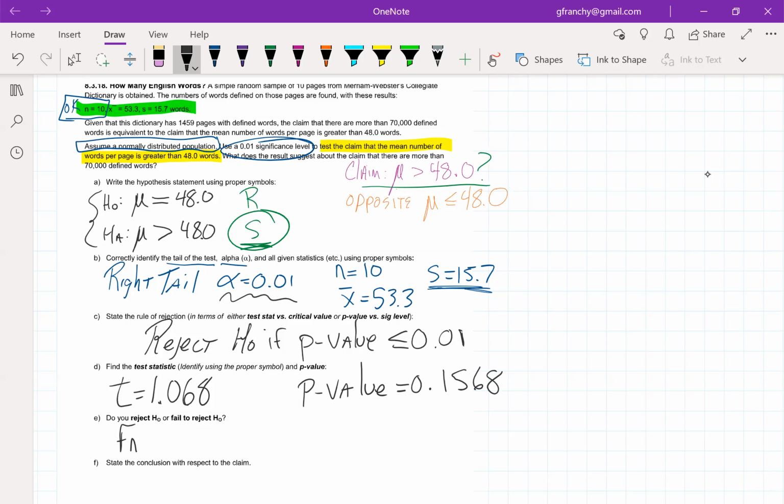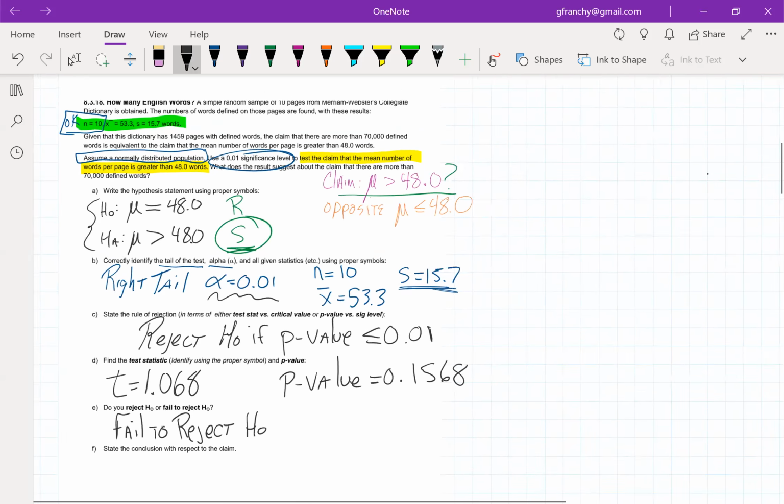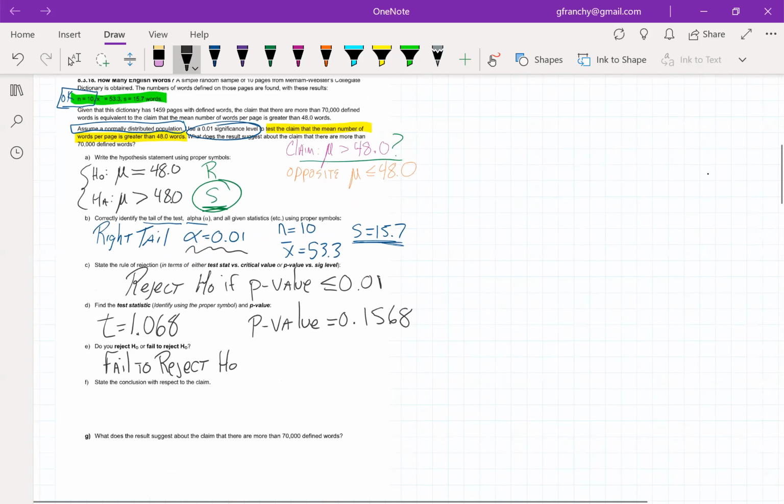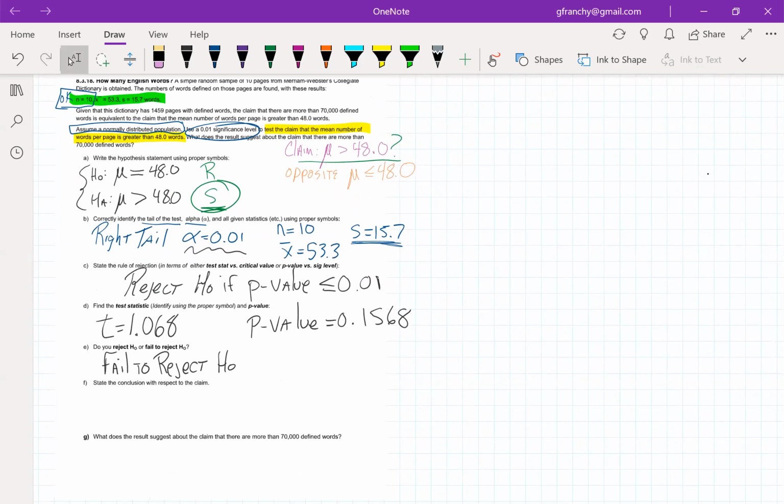So we fail to reject the null hypothesis. And just shrink this down so I can keep everything visible. When we fail to reject, we don't have the evidence. So we have insufficient